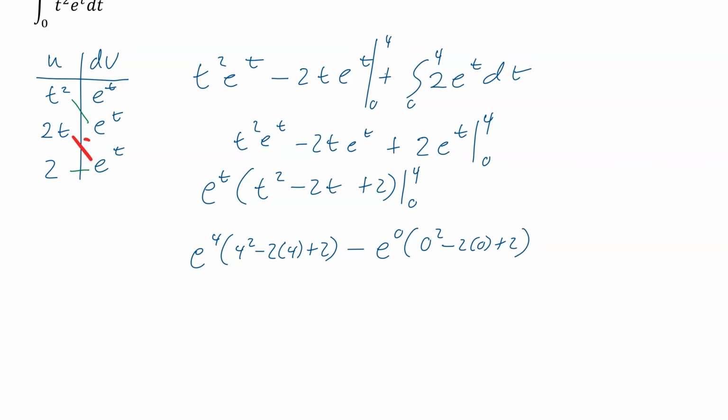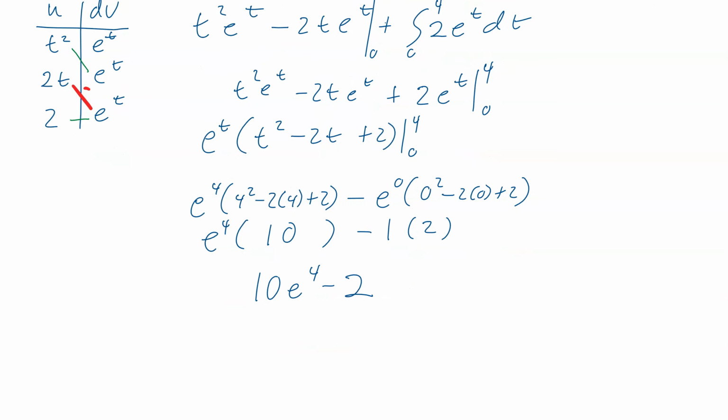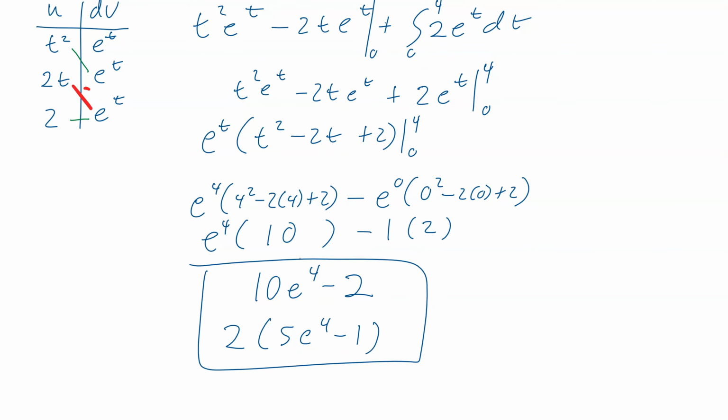All right, so this one would obviously be 1 times 2. And then this is e to the 4th. And then now we just have to multiply that out. So 16 minus 8 is 8, plus 2 is 10. So we have 10 e to the 4th minus 2. And you could factor that some more if you really want. You could say 2 times 5 e to the 4th minus 1. It's your choice. But what we need to do now